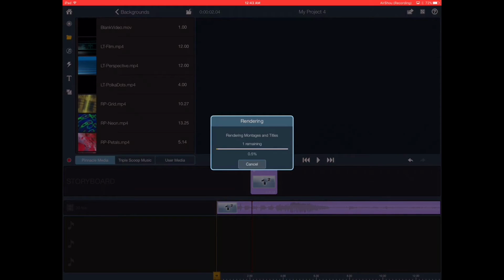This is the main reason I stopped using this over iMovie for iOS, because, especially with 4K video, when you apply any kind of filter or layer or edit, you've got to hit render, and it takes quite a while with 4K video. So you're constantly having to wait, and you can't do anything while it's doing this. As you can see, this is taking forever right now. So I'm going to hit cancel on that,